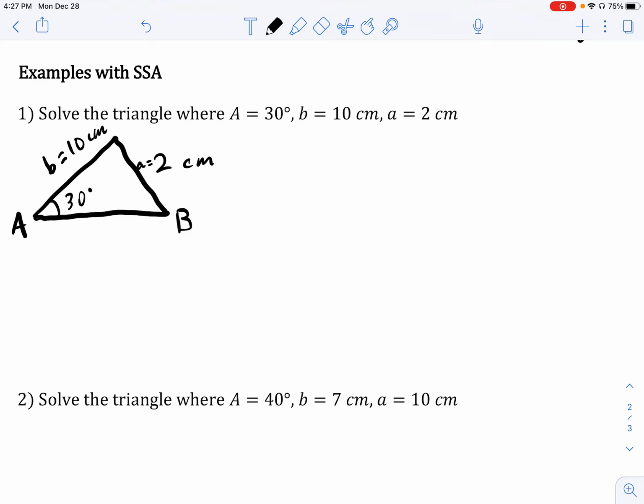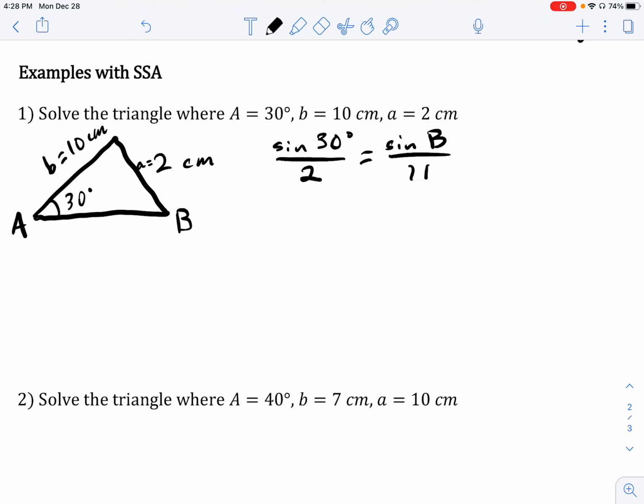So if you were given this problem, you would identify, all right, I'm given two sides and an opposite angle. So this is an SSA case. SSA means I want to use the law of sines to solve this triangle. So I'm going to set up my proportion. I'm going to say, well, the sine of angle A, in this case the sine of 30 degrees, divided by its opposite side, which is 2, that ratio is going to be equal to the sine of whatever angle B is, and I don't know what that is, that's what I'm hoping to solve for,